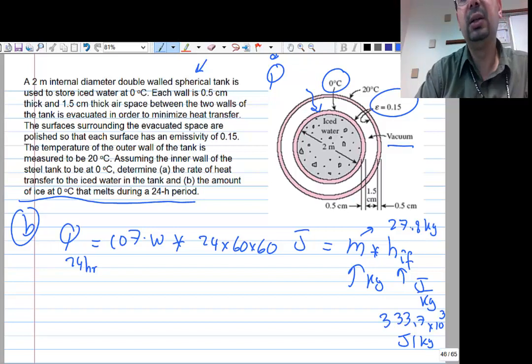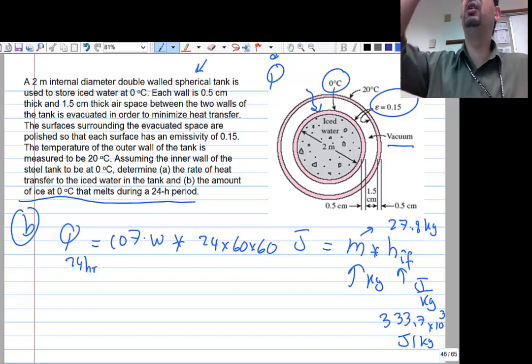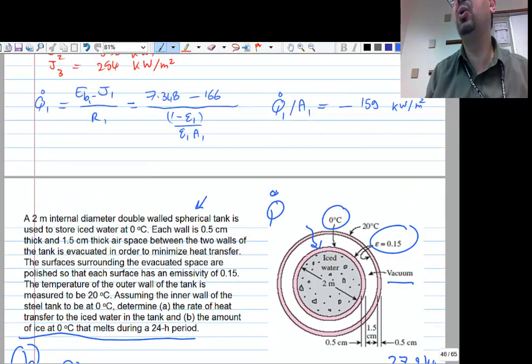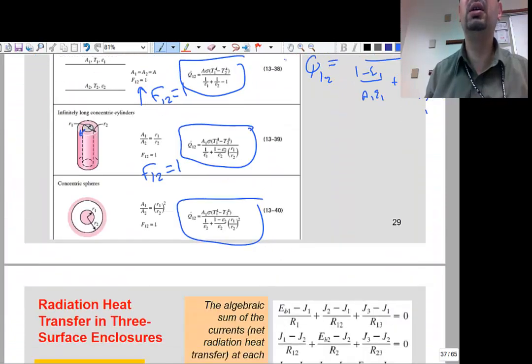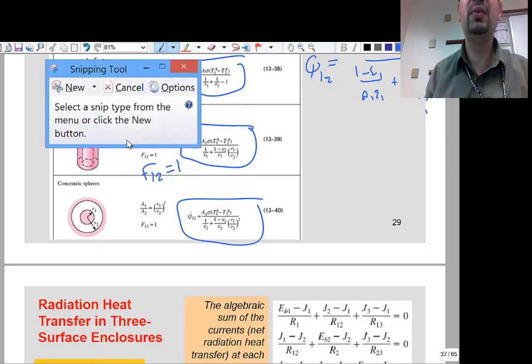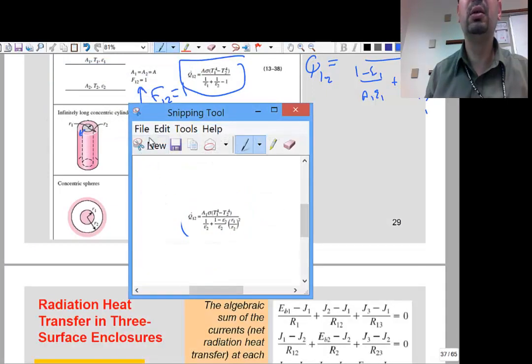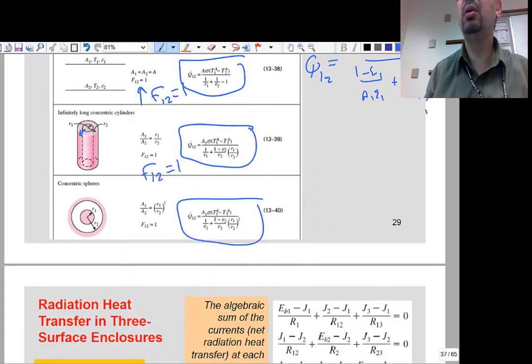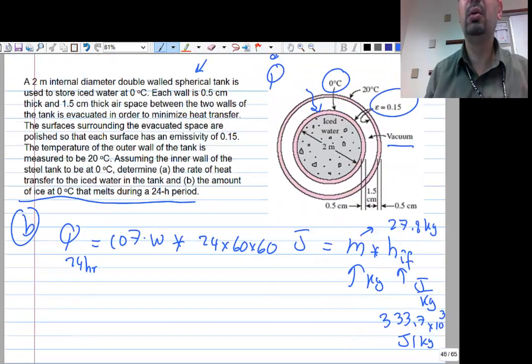Now the first part, two spherical tanks radiating to each other. I could go with E_b1 minus E_b2 over the surface resistance plus the geometry resistance plus the other surface resistance, or I could basically just go here. Where's my table? And say, here is the sphere. Two concentric spheres. I'll take this and move it to my answer sheet like this,